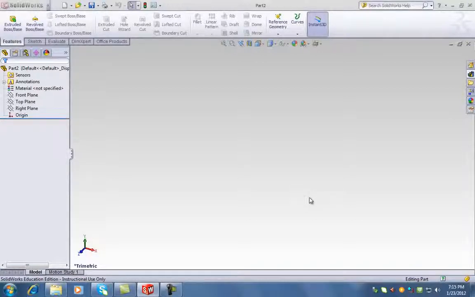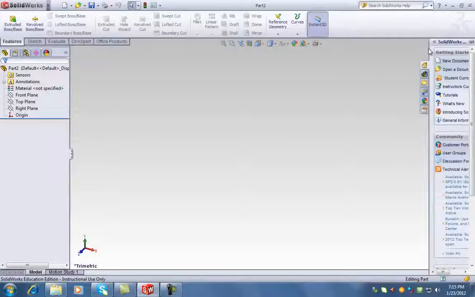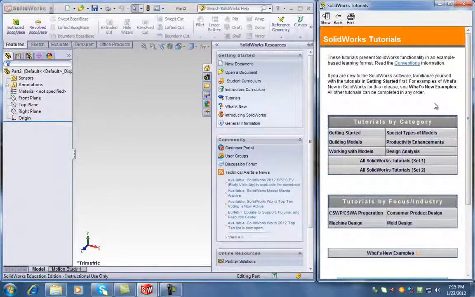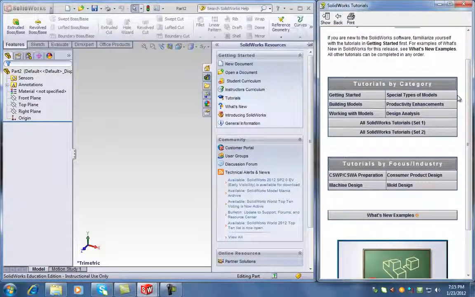In case you forgot how to access the tutorials, we're going to click on the home icon that is on the side here. Then we're going to click on tutorials. This will open up some of the tutorials that are available in SolidWorks. Now you have to do 2 tutorials. So if you go to Getting Started,